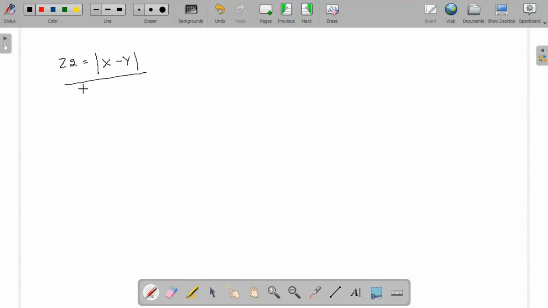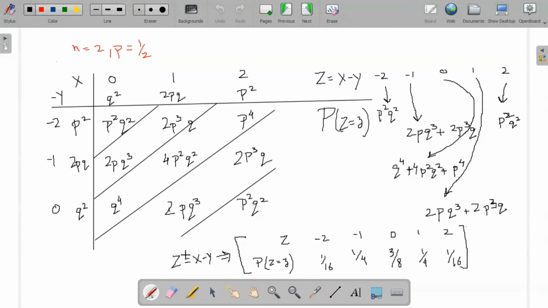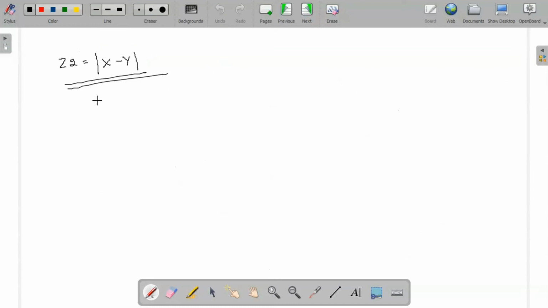I need to find out what is the PMF of this. Here it is z1. For this, firstly, this can be written in terms of z1, this is the mod of z1. This can be further written as